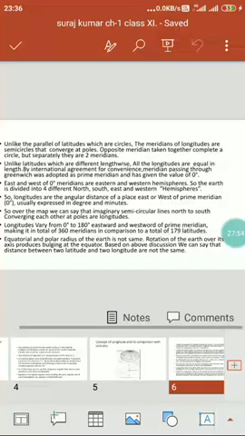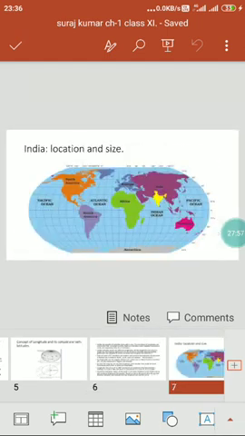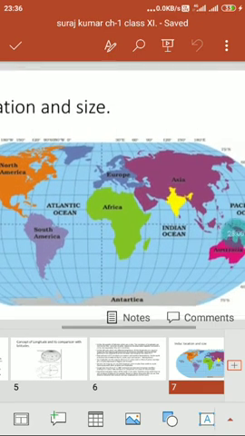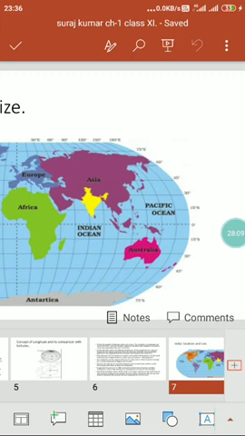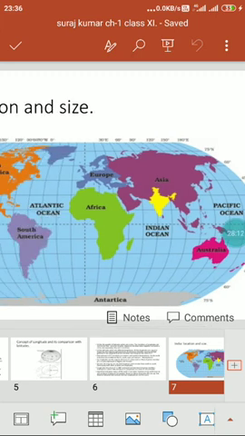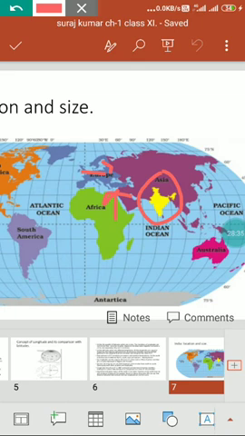In the next class I will start with exact location. I also said that India is in the northeastern hemisphere. See, this dotted line is 0 degree latitude, the equator, and the north to south dotted line is 0 degree, the prime meridian passing through Greenwich, London. So India is just east of this prime meridian and north of the equator. So India's location is exactly northeastern hemisphere, east of this and north of this. So the exact location of India is this one.